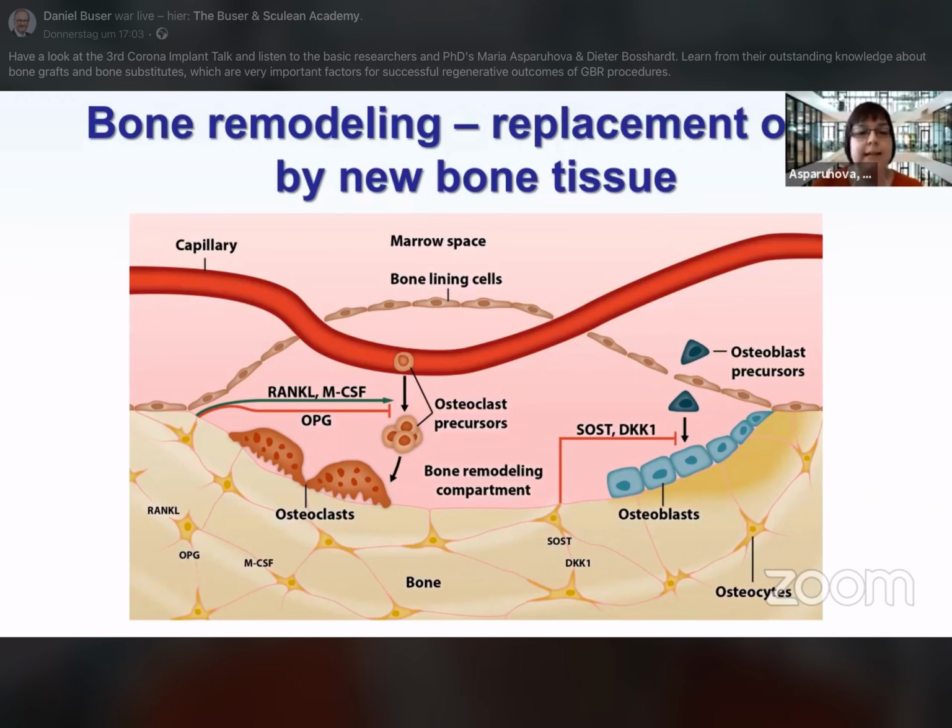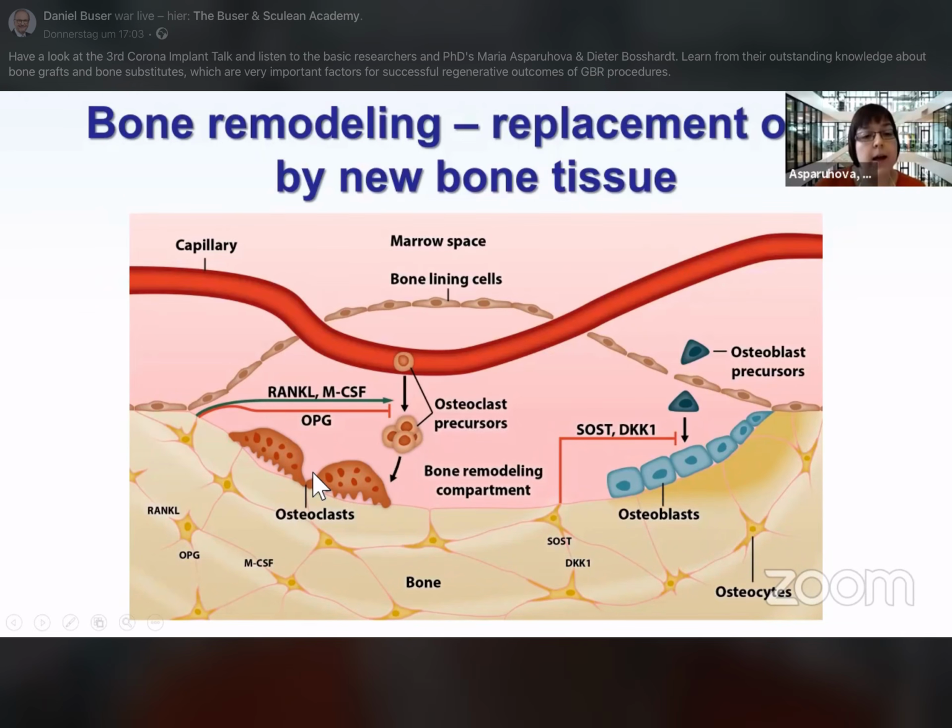Bone remodeling thus couples both resorption and formation. When the need for bone resorption is sensed by osteocytes, they send signals to the bone lining cells, which retract from the bone surface to form the so-called bone remodeling compartment. Osteoclast precursors from the capillary are then transported to the bone remodeling compartment, where they differentiate into giant multinucleated mature